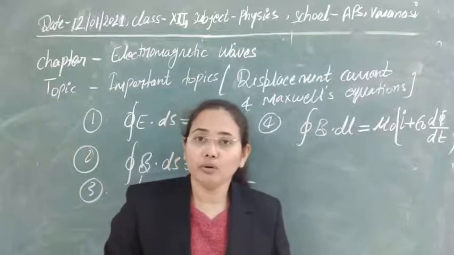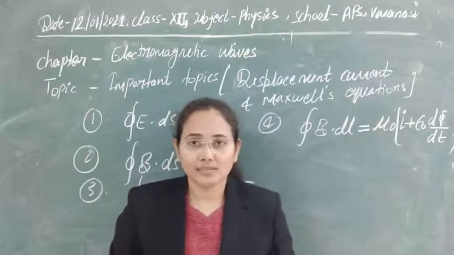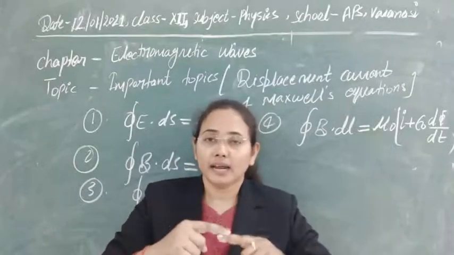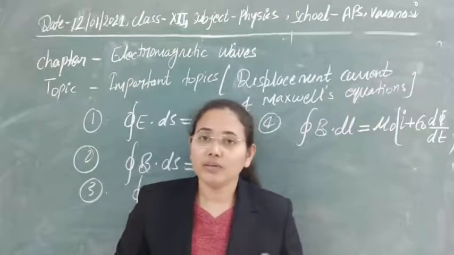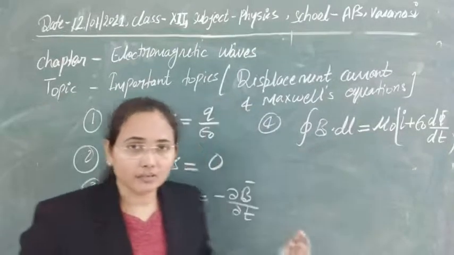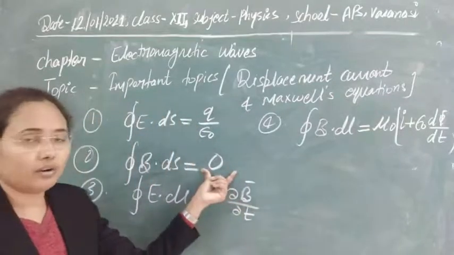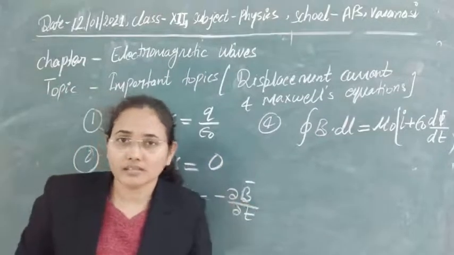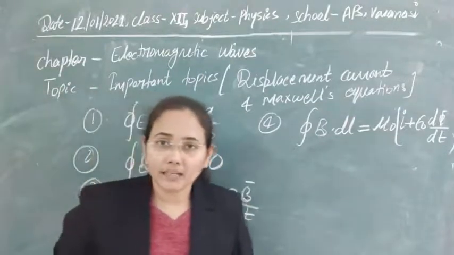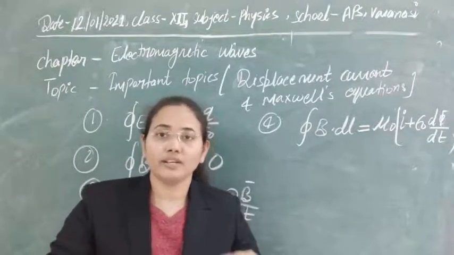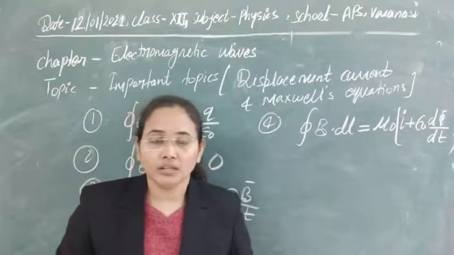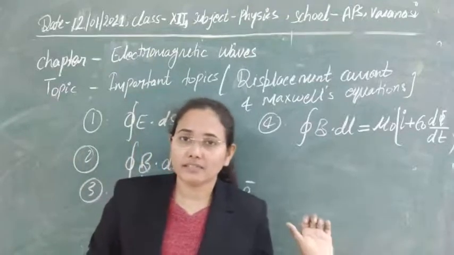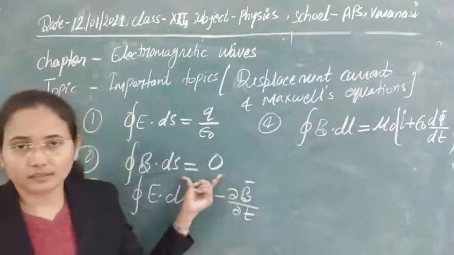A magnetic monopole, meaning a single pole of a magnet, is not possible. Otherwise the magnetic field lines would have to form a closed curve there, and due to that you would get some magnetic flux, but that is a violation of nature, so its value is always equal to 0. So in other words, there are two meanings for this equation. First, the magnetic flux over a closed surface is equal to 0. Second, magnetic monopoles do not exist. So these are the two physical significances of this equation.